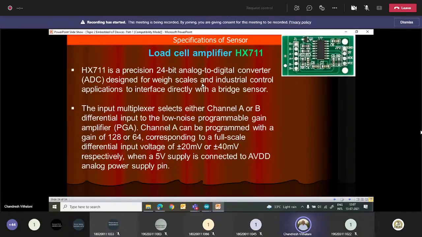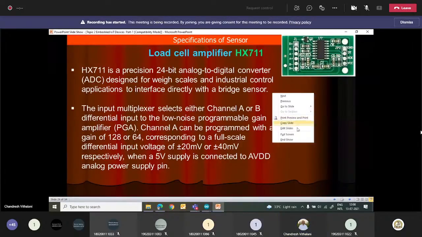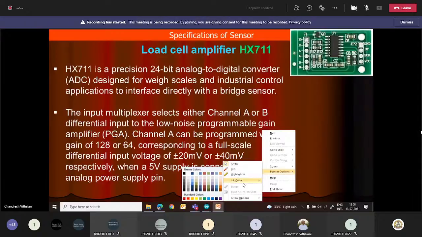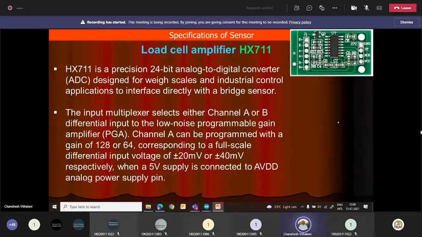Then it has an input multiplexer to select channel A or B differential input. Let me connect this digitizer so that we can see. So this has channels A and B here. You can see both are visible here.